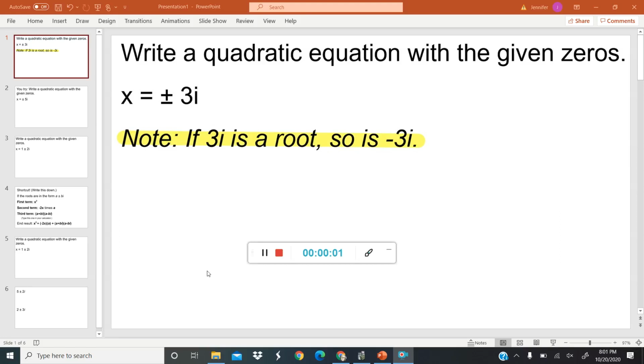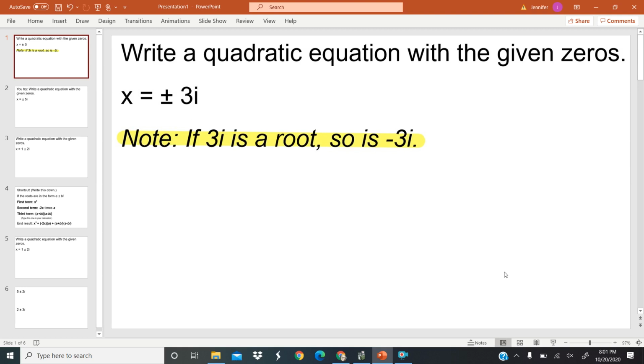Hey guys, so for the past couple of days, we've been talking about imaginary numbers. And then last week sometime, we were talking about writing equations given the zeros. So that was like if you were given the zeros like 1 and 2, then you would write out the factors x minus 1 and x minus 2, and you would multiply them together. So now we're looking at something where we have imaginary zeros and we want to write out the equation given